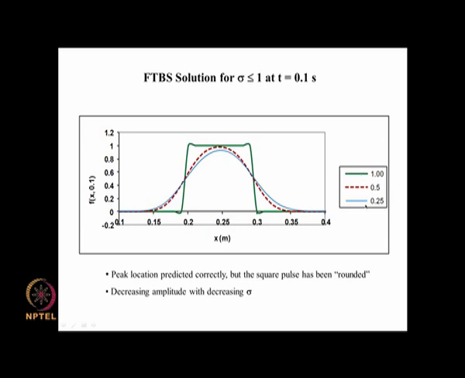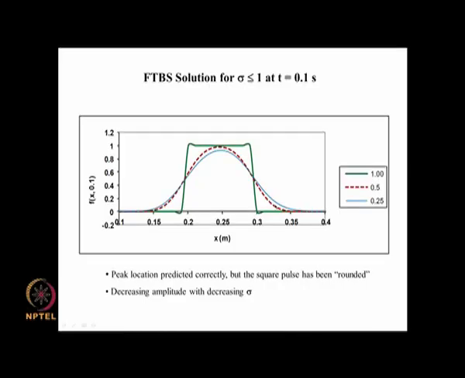This pulse will not remain like a square pulse, it will be diffusing in this direction, and if you make it an even smaller time step, it should be more accurate, but we find that it is actually less accurate as compared to the better solutions here. We see that the peak value has decreased and it has spread more. So in that sense it seems to be counterintuitive to the arguments that we made earlier, that the smaller the delta t, the more accurate the solution, and here we have a solution which is not working like that.